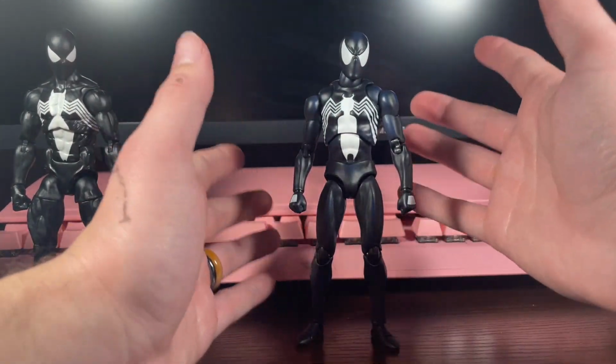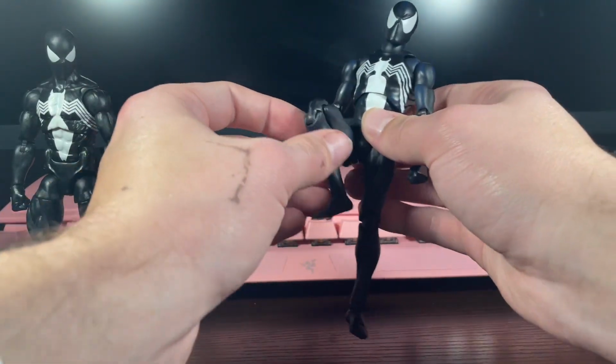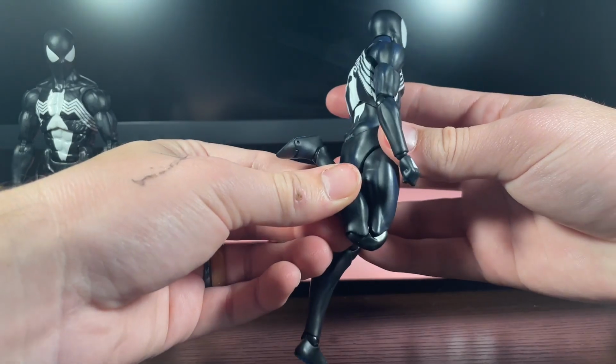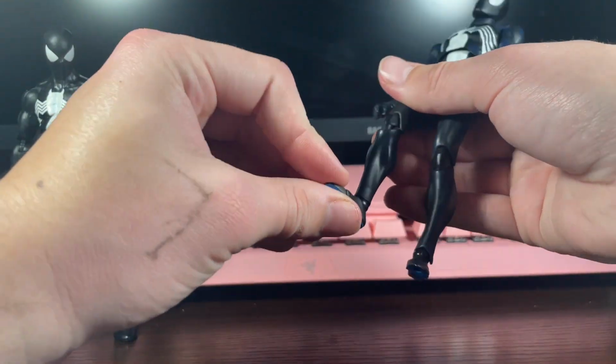So, anyways, let's get back into it. So it's a Mafex. You know what you're getting into. Really nice. If you have the regular Spider-Man figure, you know that these figures are really nice. Articulation: some of the best articulation, in my opinion. The only gripe I guess I would have with these is